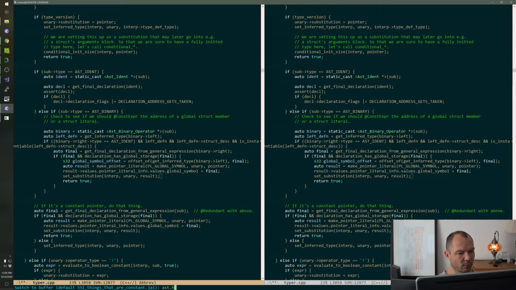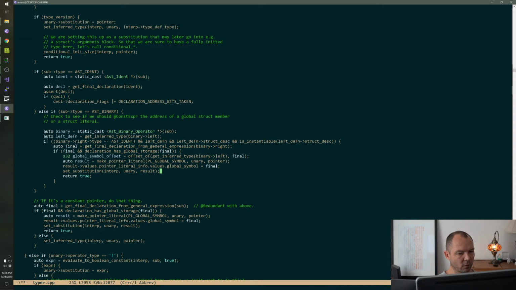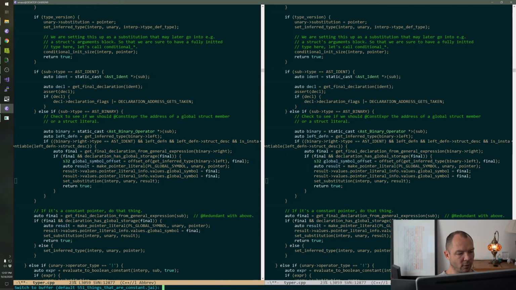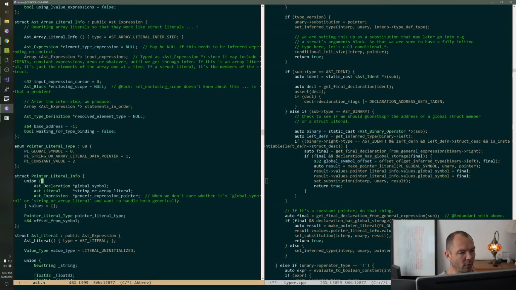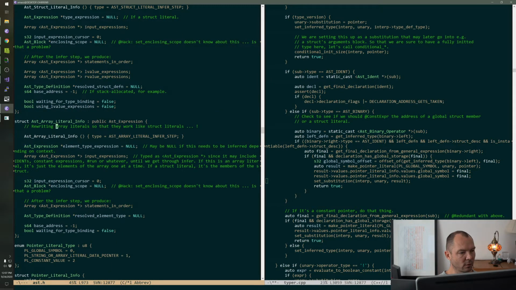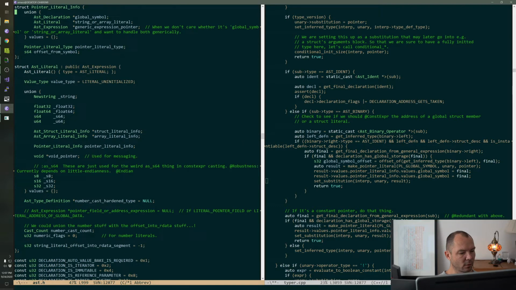No. That's fine. So we make a global symbol. We need to set this thing offset from symbol.